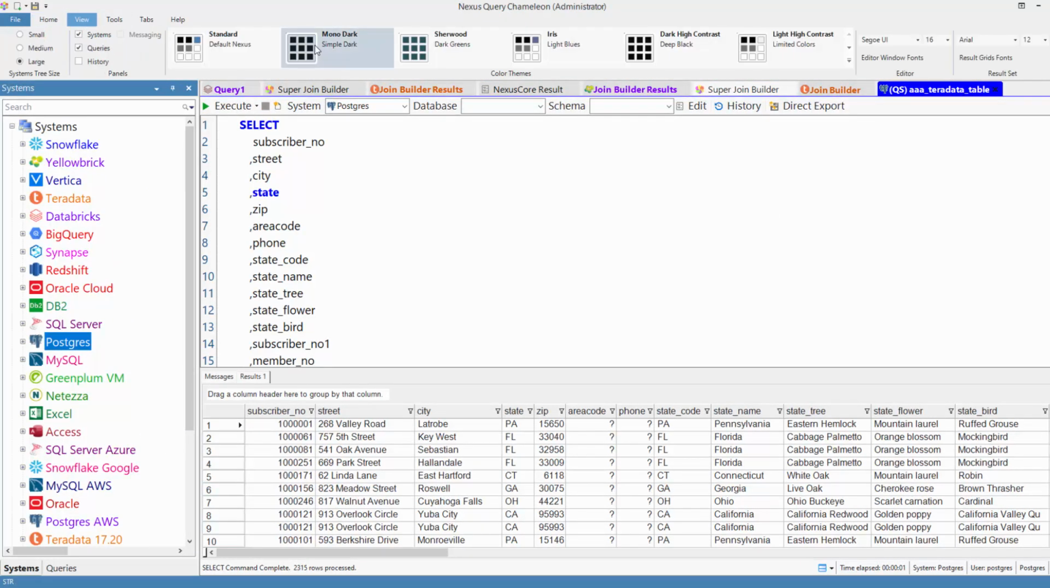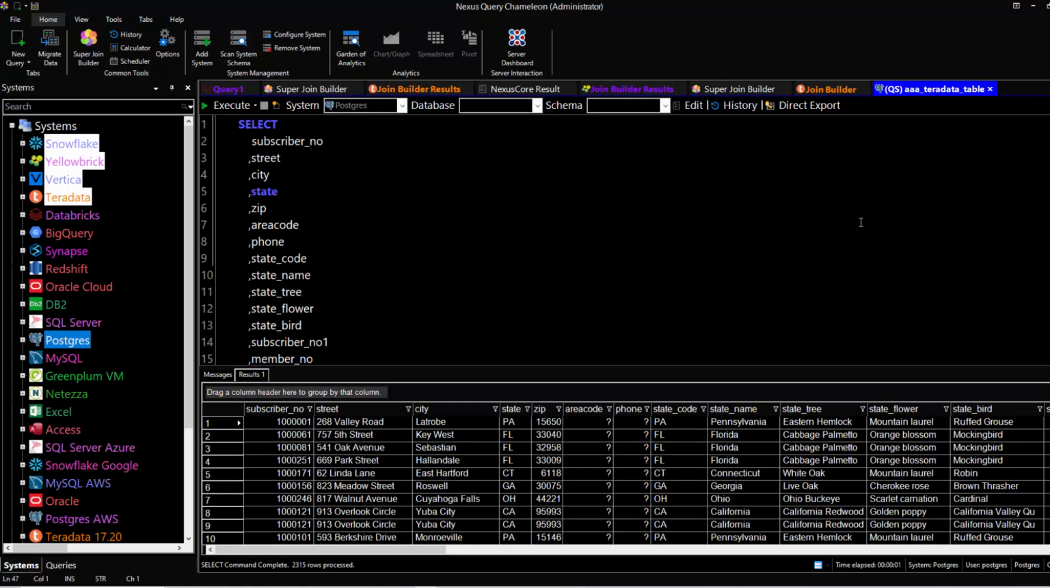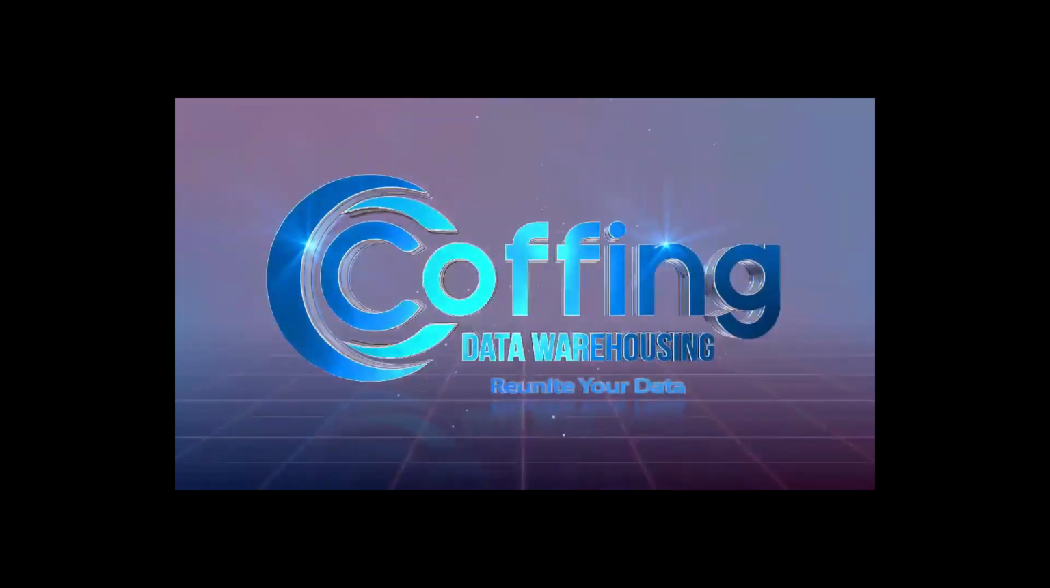Fantastic. And you know what? You can change the view to, let's go with dark high contrast. Now we're just showing off. It's silly. It's really important that you be able to reunite your data